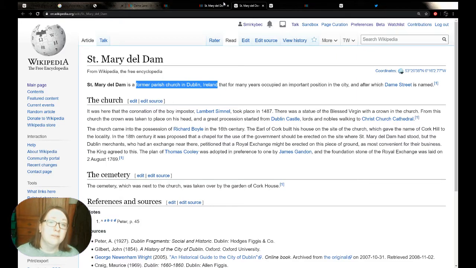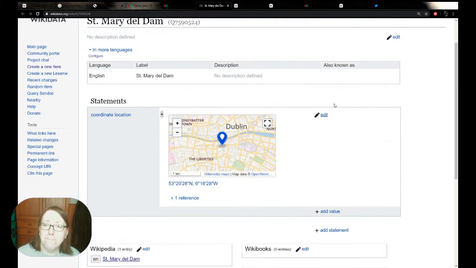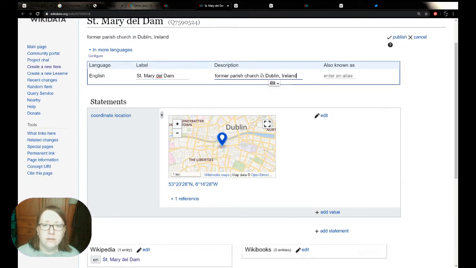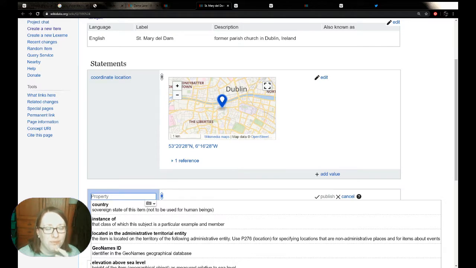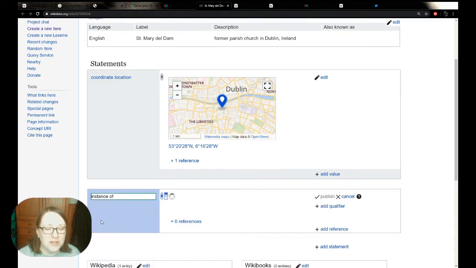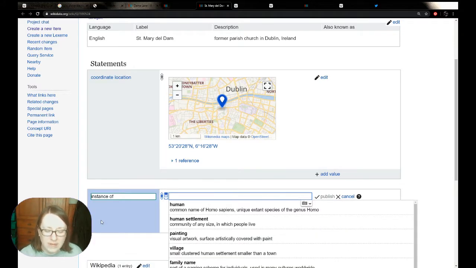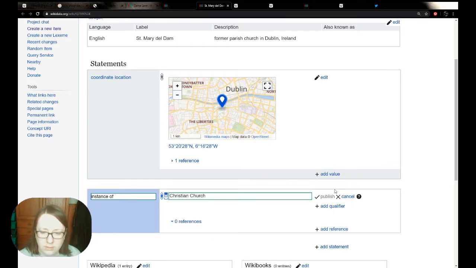Yes, so again, this is a historical building, in that it doesn't seem to exist anymore. So as you can see, it's not entirely straightforward, perhaps. You do have to interrogate the list a little bit for yourself. So it's a church, so we'll say it's a Christian